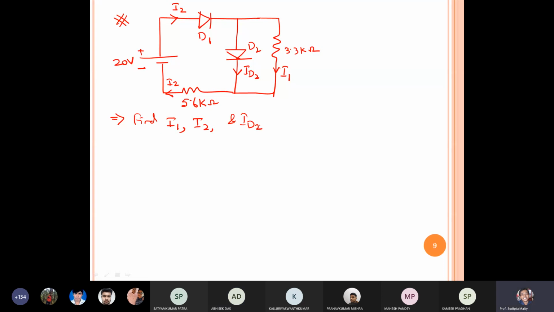Yes, sir. Okay, just try to find it, and those who know how to solve, just solve by themselves. As we do not have time, I'll give one minute, and after one minute I will solve. Okay, we will do this last problem. Be a little quick, because it is a little lengthy compared to the other examples.